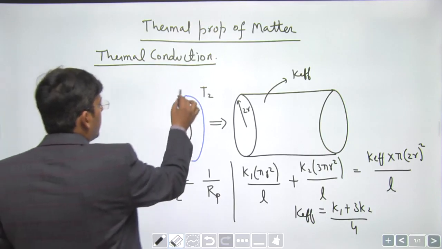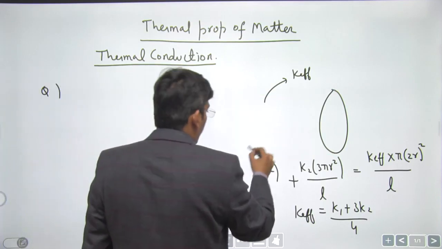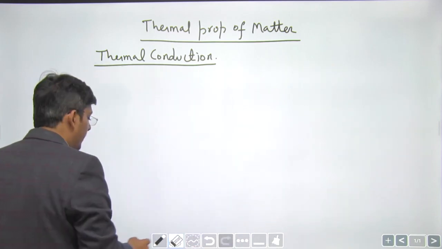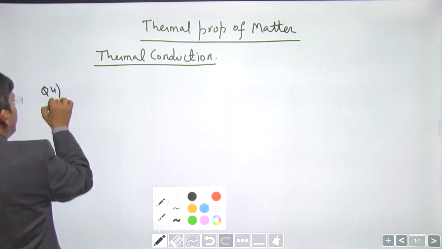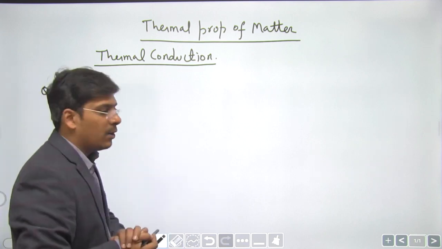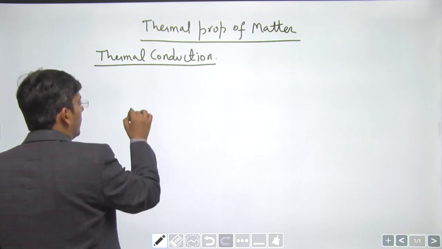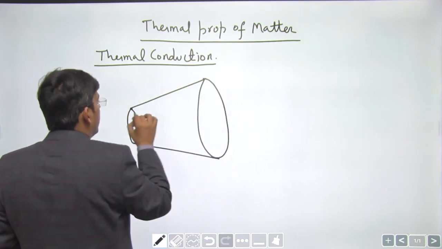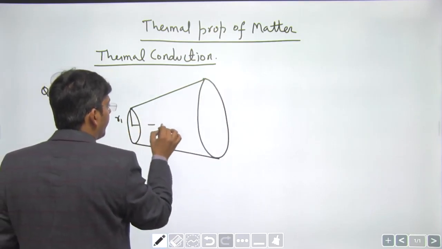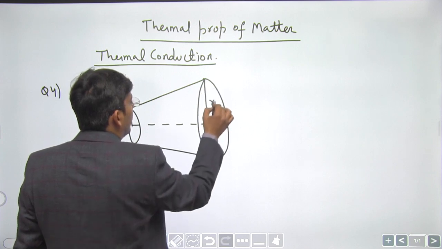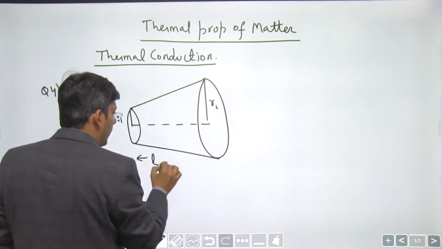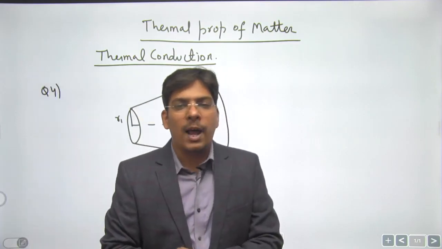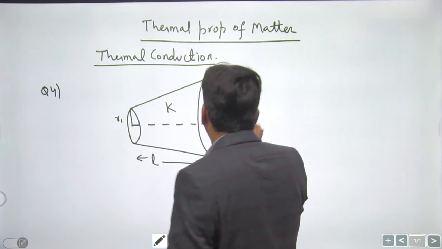See, we did a shortcut formula for doing the question based on frustum of a cone in solids. We have the same formula in thermal, we had the same formula in current electricity also. Suppose you have a conducting slab in the shape of frustum of a cone, this radius being R1 and this radius being R2, length being L and coefficient of thermal conductivity being K.